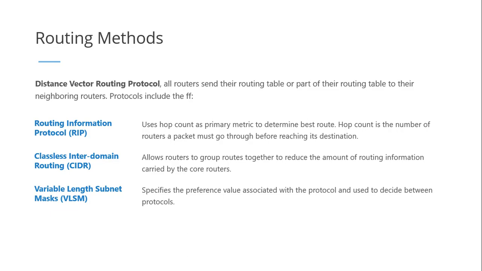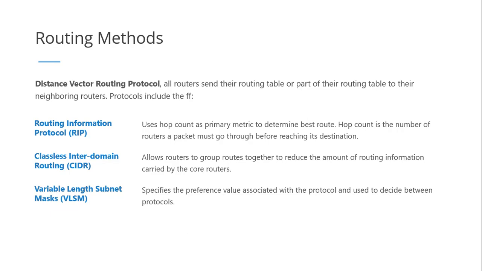the metric or the factor that it uses to determine the best possible route is the number of hops. So the fewer number of hops, being the number of intermediary nodes it has to travel before it reaches the destination, the better, according to RIP, regardless of network traffic, distance, so on and so forth. So if it is the fewest number of hops in RIP, it chooses that as the best